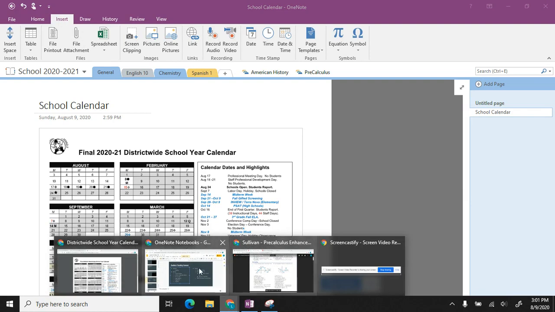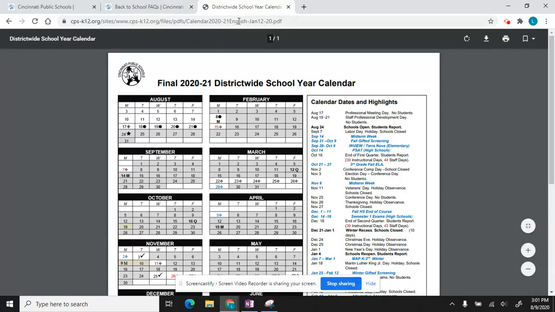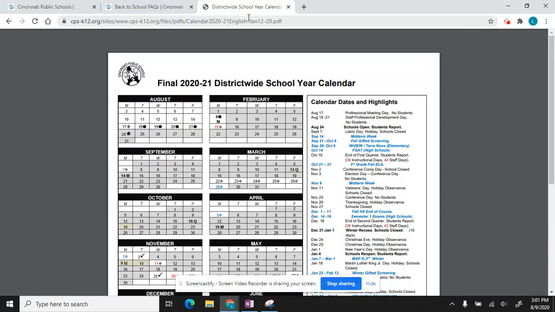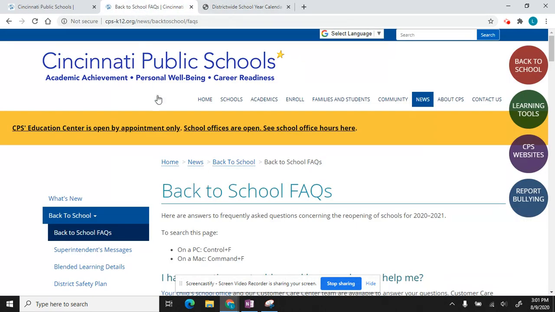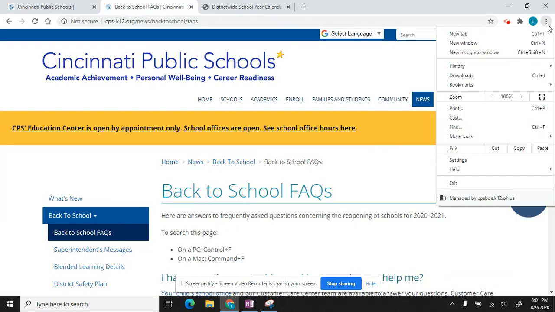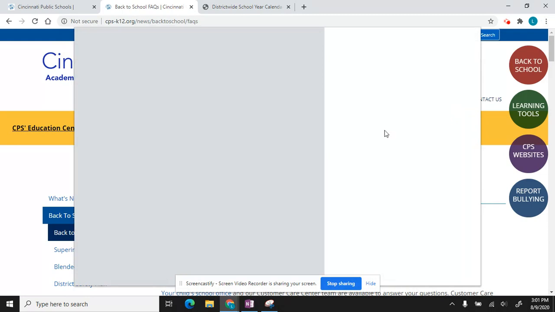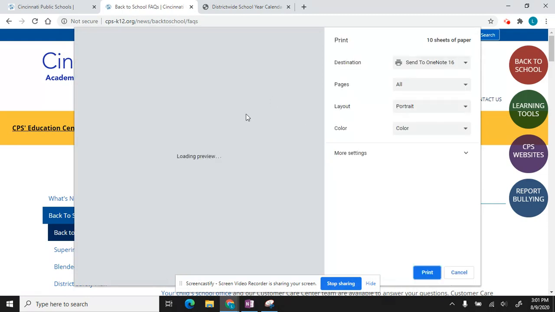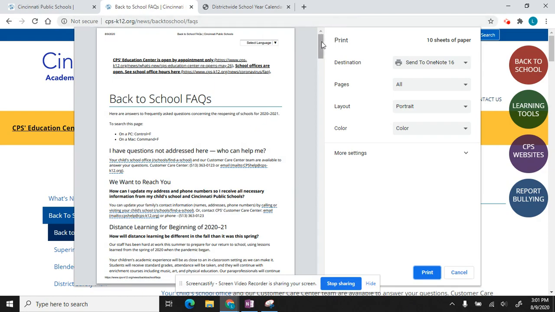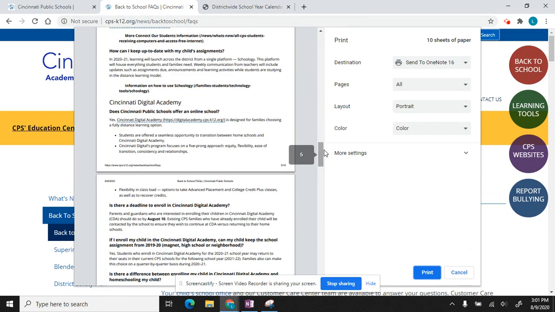So if you're working along on the internet and you find something that you want to put in OneNote, print is a very easy way to do it. And print would work from something that wasn't a PDF as well. Right now I'm looking at a list of frequently asked questions. So if we do print like this and I send that to OneNote,